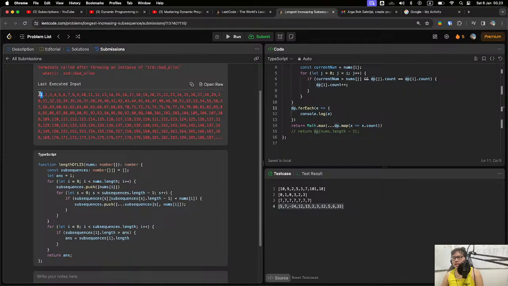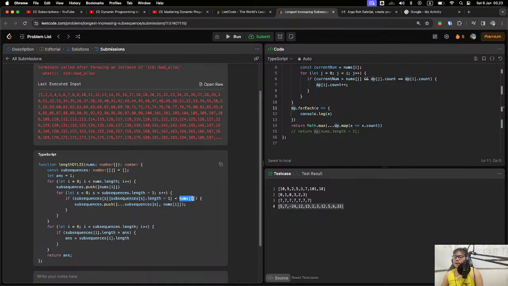When we go to the first element, it's one, we push an array containing one as a subsequence. Then we go through all the subsequences except the last one that we just pushed, and we see whether the current element is bigger than the last element in each subsequence.